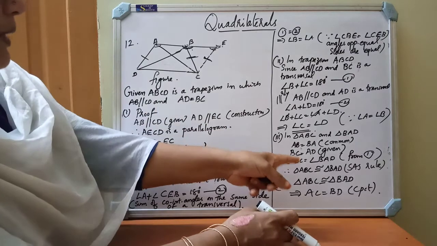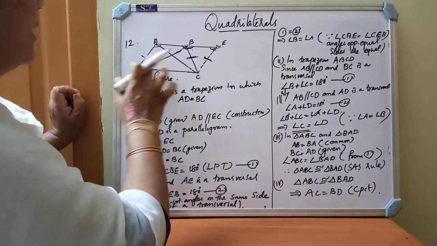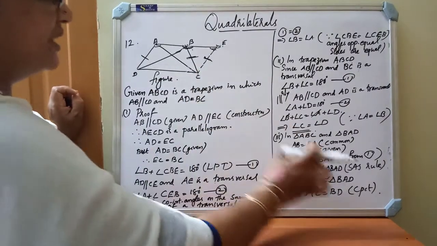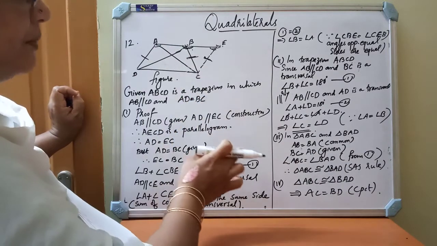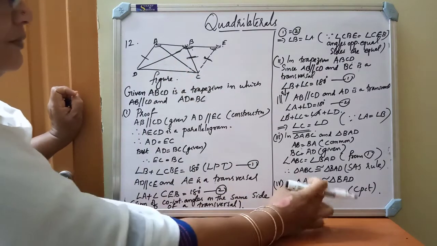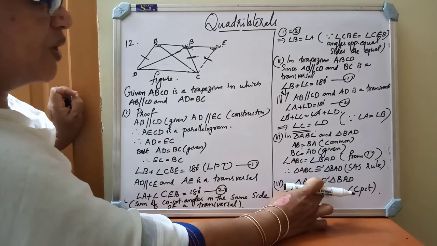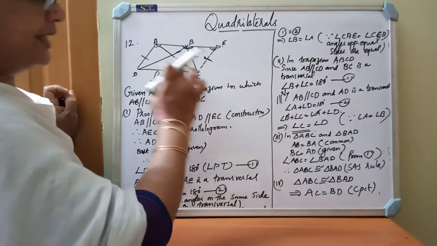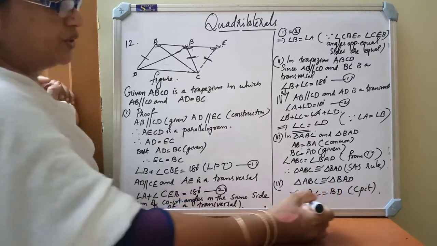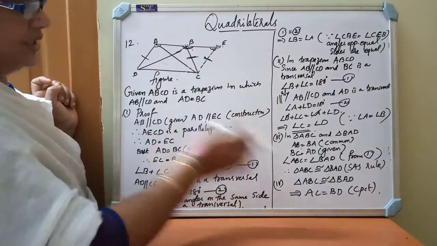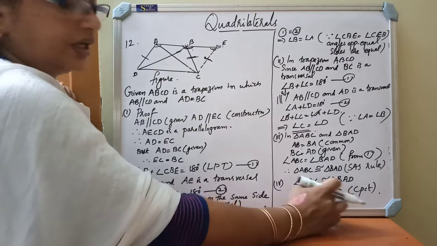AB equal to AB because in this, BA is common. BC is equal to AD. Already BC equal to AD, non-parallel sides are given as equal. So that is given. And angle ABC is the same as angle BAD. So we can prove that triangle ABC is congruent to triangle BAD by SAS proof. If these two triangles are congruent, automatically the corresponding parts of the sides are also equal. So AC is equal to BD. So the fourth part of the question, AC equal to BD, hence the result.